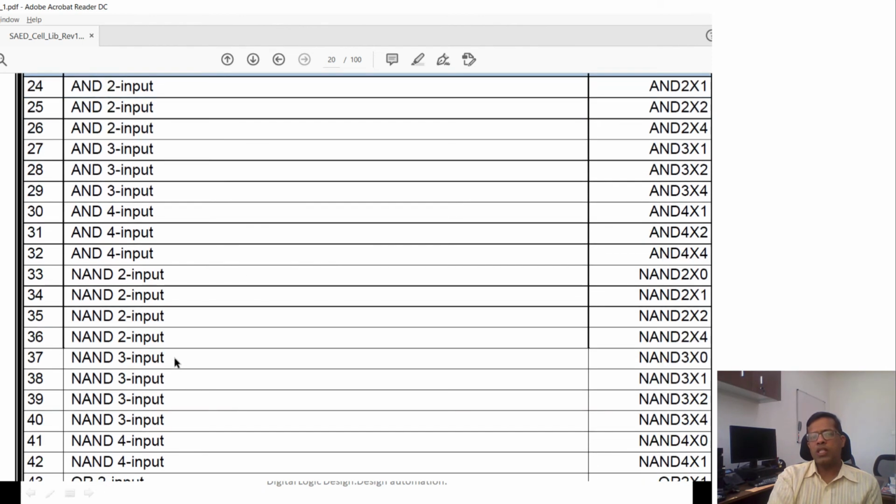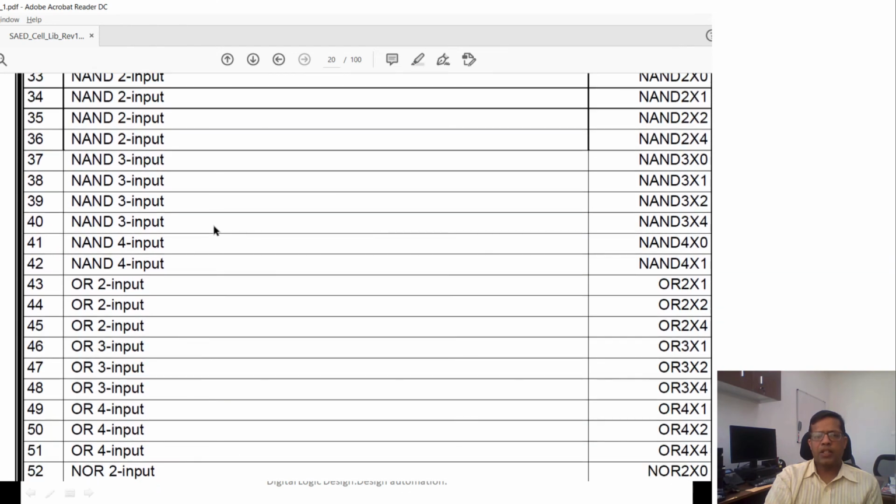This is also one of the reasons that during the course we were advocating that if the input is more than 4 inputs, it's going to hurt. Because in standard cell libraries like this, they take at most 4 inputs, and after that they break it into multiple AND gates. So if we would like to design a 9 input AND gate, it would be designed using a 4 input, another 4 input and a 2 input, or maybe 2 levels of 3 input AND gates. Similarly NAND gates are there,